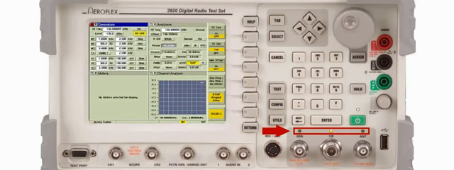Each RF connector has its own status LED. When the GEN connector is selected as the RF generator output, its LED will illuminate. When the antenna connector is selected as the receiver input, its LED will illuminate. When the TR connector is selected as either the RF receiver input, RF generator output, or both, its LED will